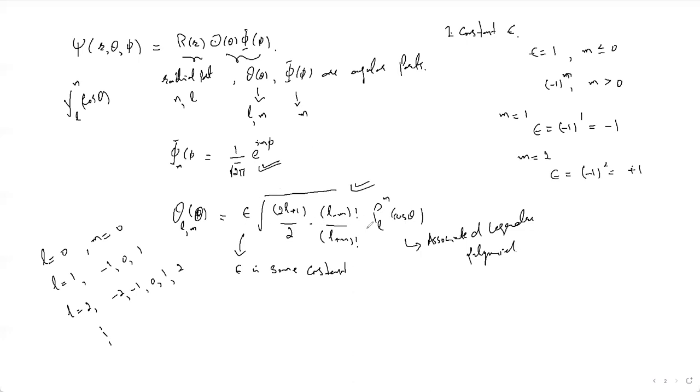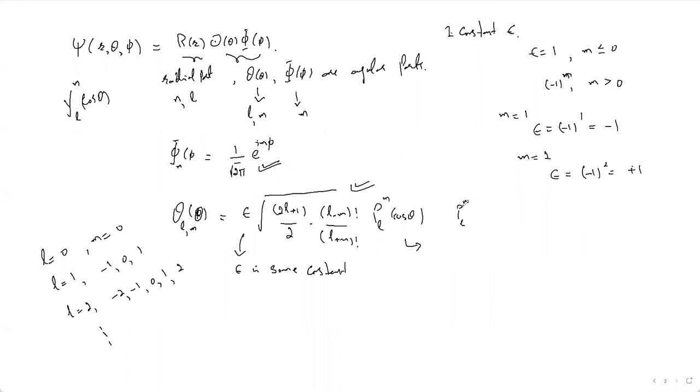Now we need to find out this PLM of cos theta. And if you remember, we have done this, the associated Legendre polynomial, and you know how we define that Legendre polynomial. We are not going to find it again because we already have done it. That is a solution to your associated Legendre function. Okay, this is the first part, and the second thing is the Legendre polynomial. So you know that this PLM